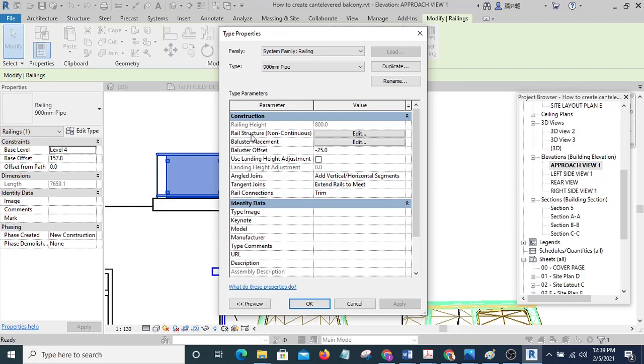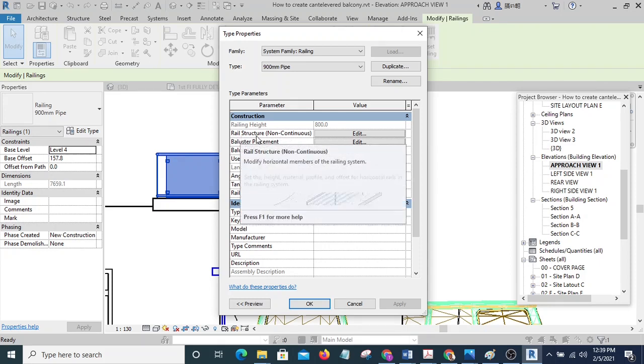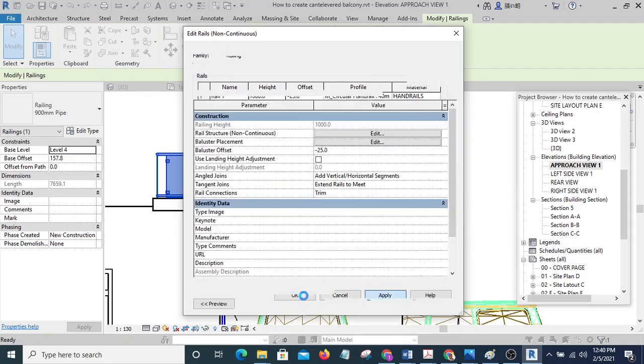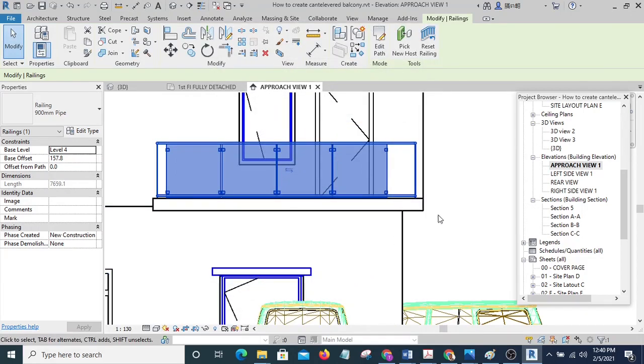This is where we are going to edit, under this rail structure. Then we are going to select it. The first rail here, we are going to set the height to be 1 meter. Then we are going to hit OK. We are going to hit OK.